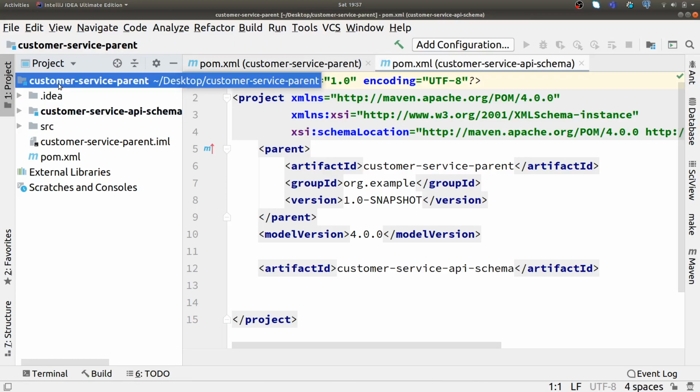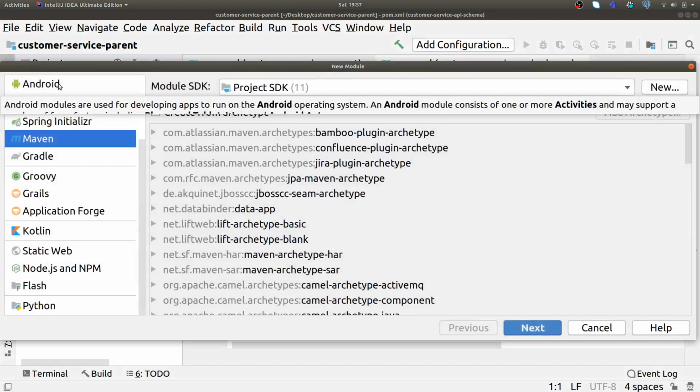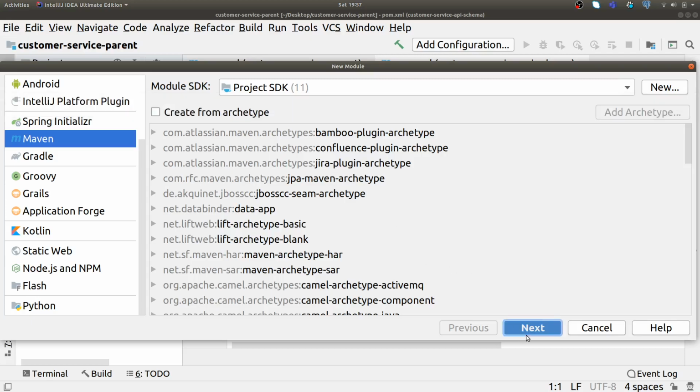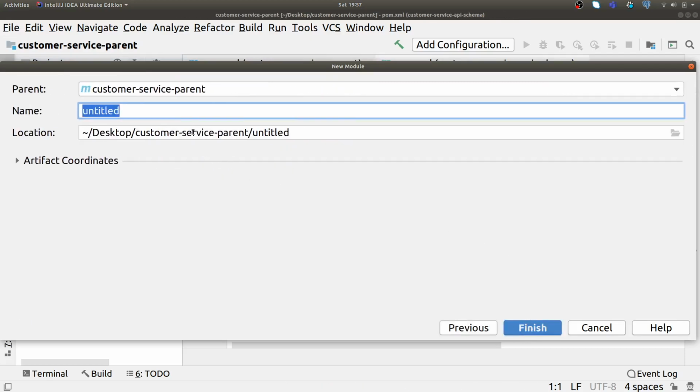The second module will be customer service API REST Feign, as we're going to use Feign client for this. So our second module is customer service API REST Feign,